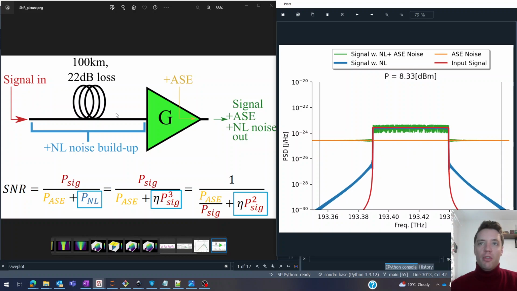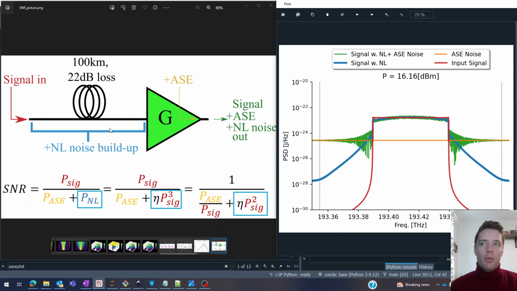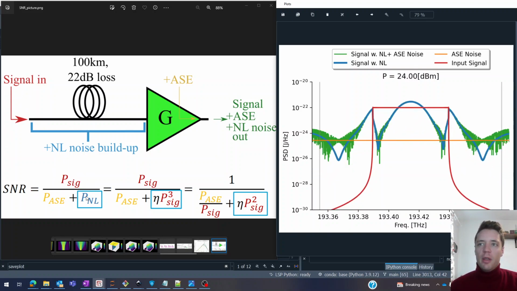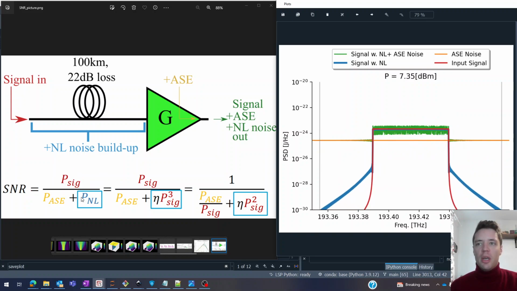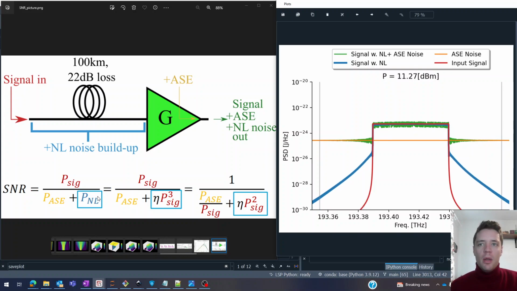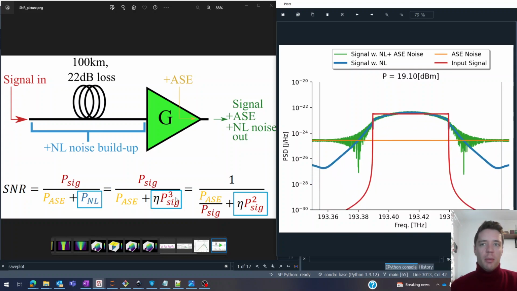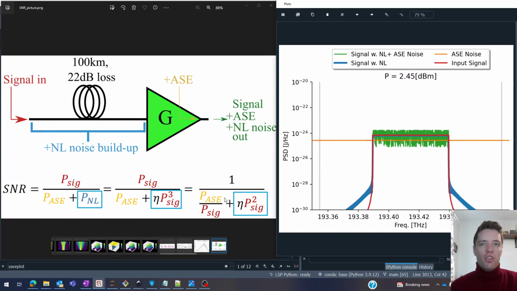Essentially, I'm launching the same signal into the same fiber with the same amplifier, but with different launch powers. And then I'm going to see how the signal-to-noise ratio of the output here changes. Now, this signal-to-noise ratio should scale the following way. We should have the signal power on top here, and the ASE power and the nonlinear power in the denominator. And for various theoretical reasons, you can show that the nonlinear power should scale as the signal power cubed. So if you divide through by the signal power, what you find is the following expression with these two terms